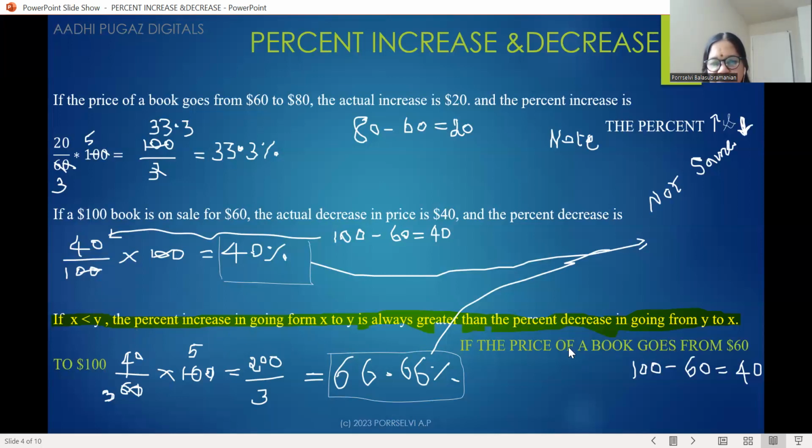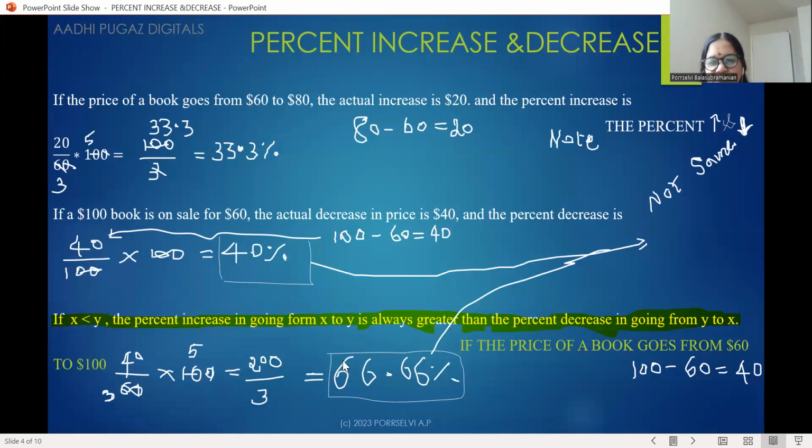See this example: the price of a book goes from $60 to $100. In this question, the value of X is 60 and the value of Y is 100. So X, $60, is less than $100. If the condition X less than Y is satisfied, then the percent increase in going from X to Y is always greater than